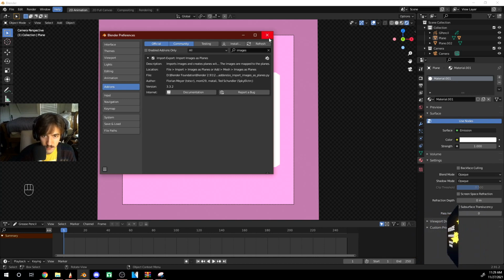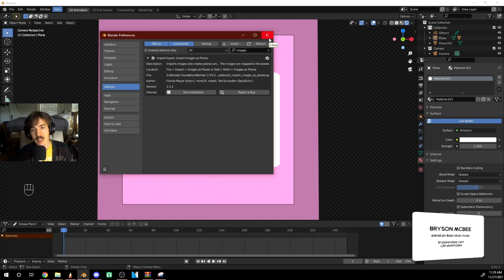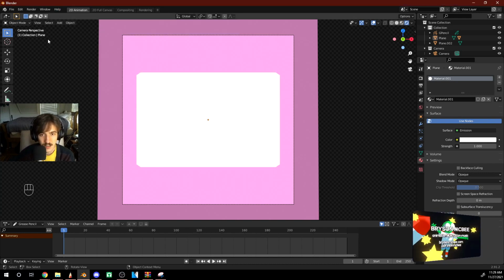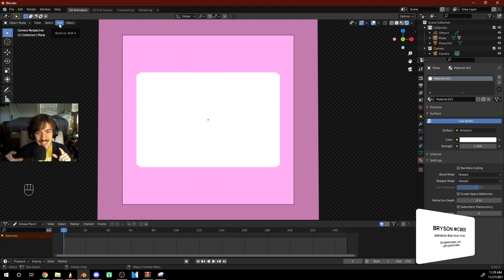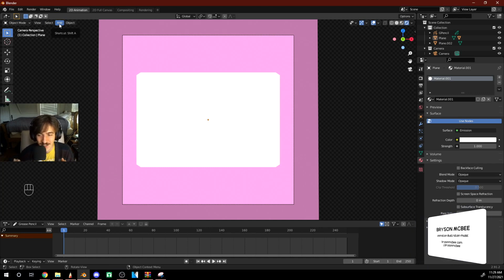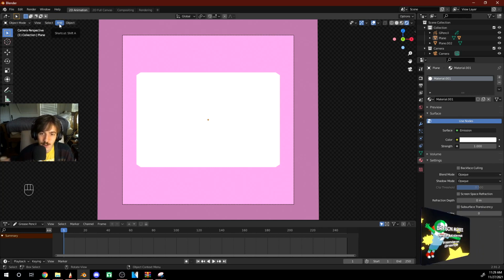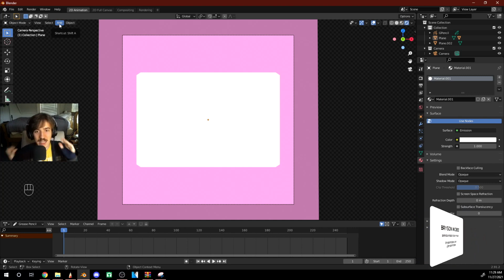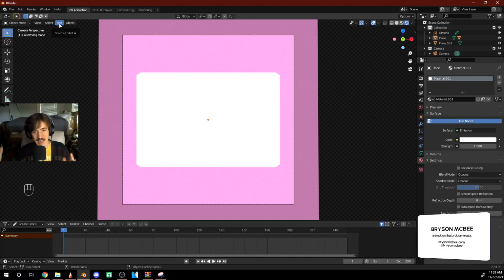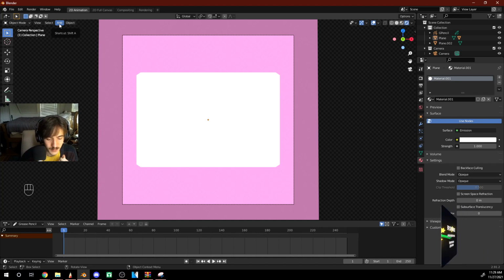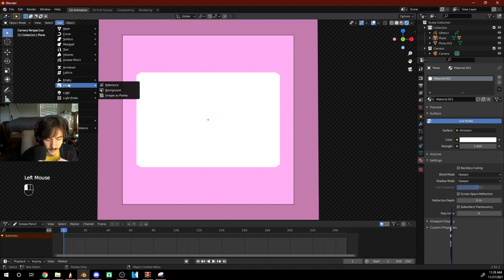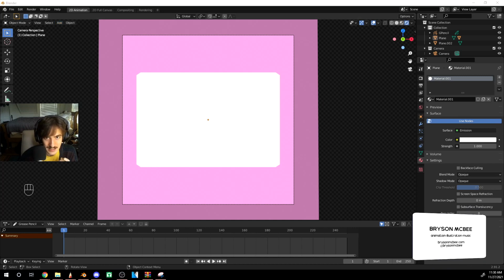But if you haven't used Blender a lot and you haven't imported any images into a scene, then you need to make sure this is enabled for the sake of bringing in graphics easily. There is a way to make text in Blender, but it's just really not intuitive, and it's good for Blender's purposes, but it's difficult to manage when you're trying to do a design that's symmetrical and simple enough that it's readable. So we're just going to go ahead while we're in object mode, bring in images as planes, and it'll